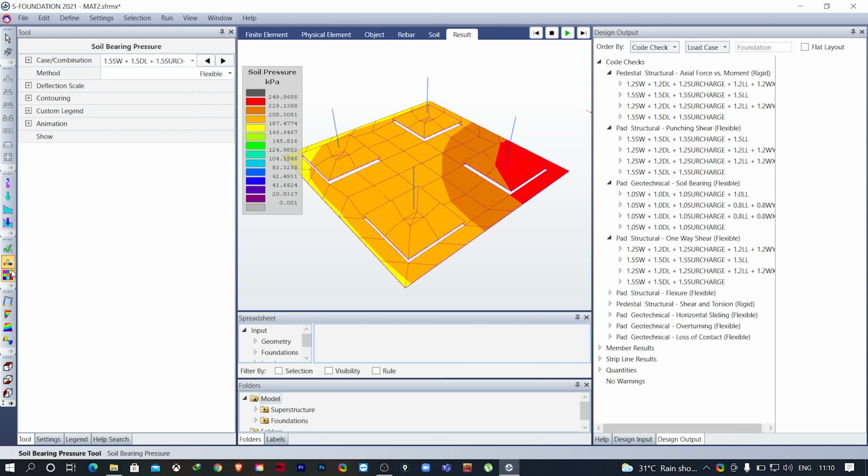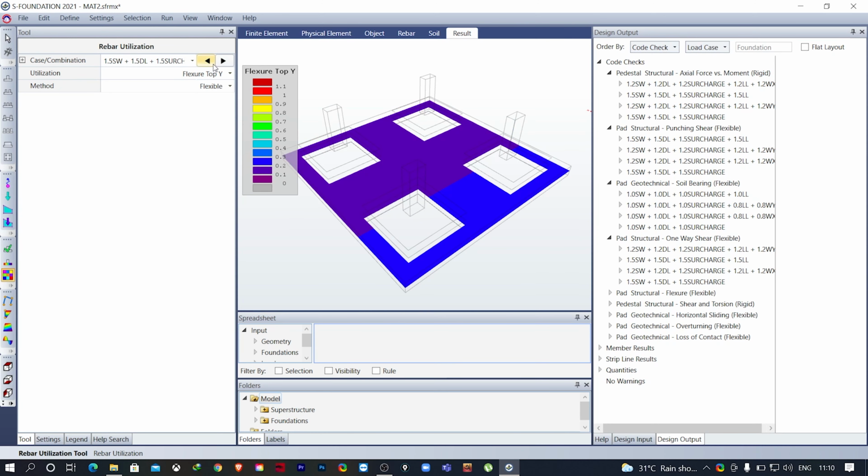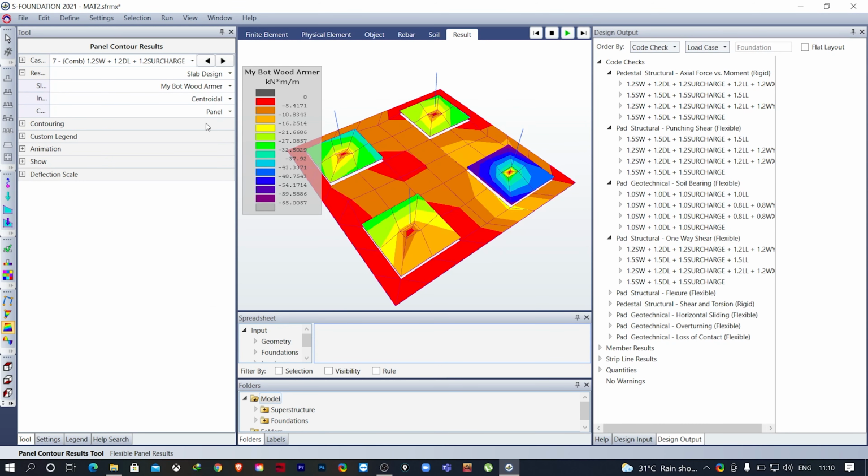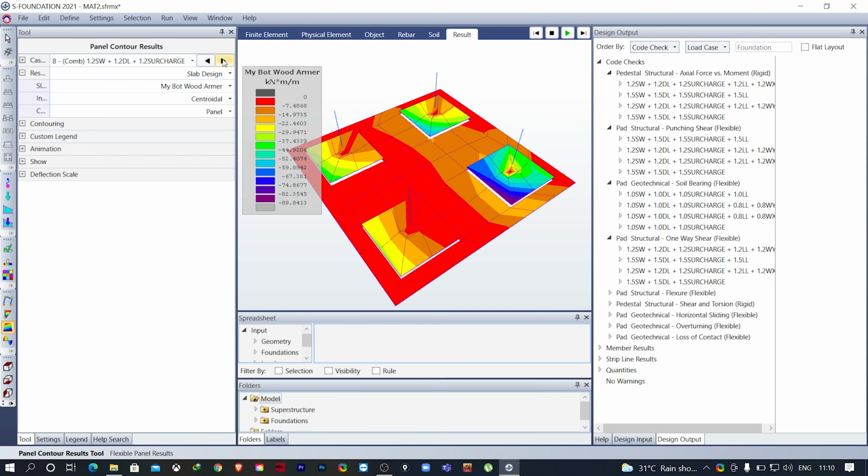You can also see the rebar utilization for different load combinations. You can see the moments if you click on panel contour results, for different load combinations on the pad and on the steps as well.